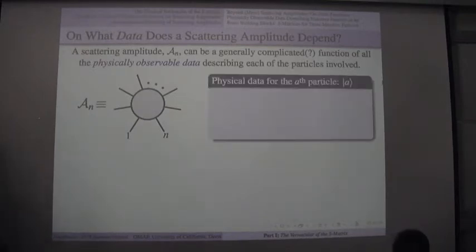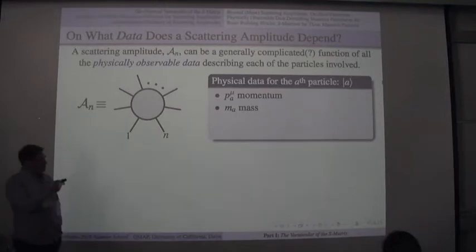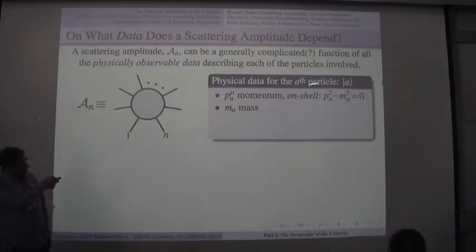For the eighth particle, it depends on the particle's momentum, obviously, and its mass, but these two are related. The relativistic version of E equals mc squared tells you that they satisfy p squared equals m squared. This defines a hyperboloid, and if p satisfies this, we say that it's on the mass shell. That's what on shell means. By that, I just mean it's a particle that satisfies Einstein's equation, which